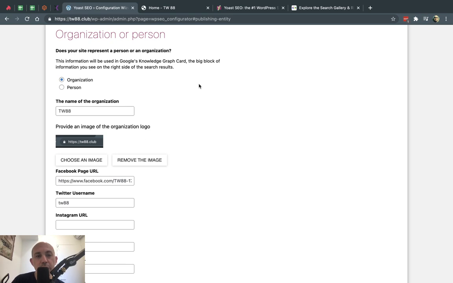So what is structured data? The Yoast SEO plugin provides some extra code in the HTML that provides more information to the search engines. For example, for Google, it explains, okay, this website is made by, for example, this company. I just made up a name. This is the company. These are the social media links. And what it does is it adds special code called JSON-LD. It's basically some very basic JSON code that tells the search engines what the page is about.